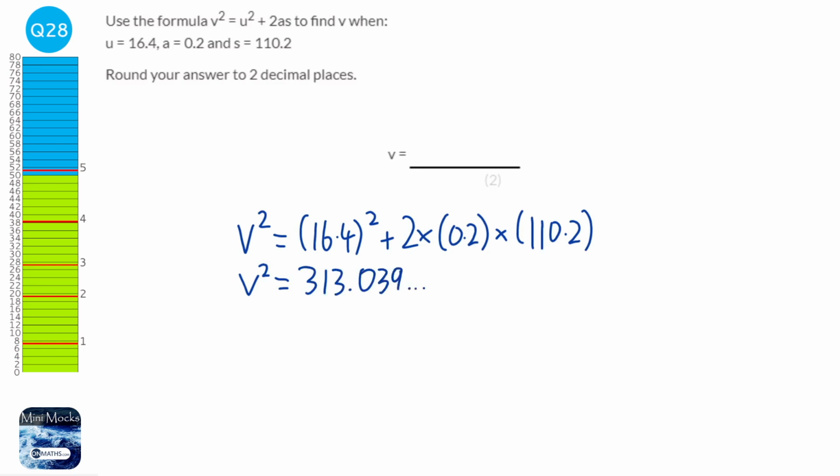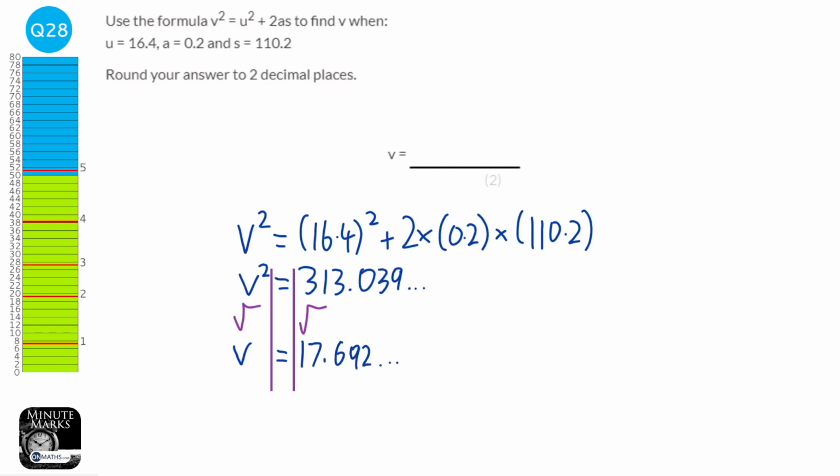313.039 and so on. And what we're going to do is quickly solve this by square rooting both sides, because it's v squared equals and we just want v equals. So v equals, and we're just going to square root that on the calculator, 17.692 and so on. It says it wants it to 2 decimal places, so that's just going to be